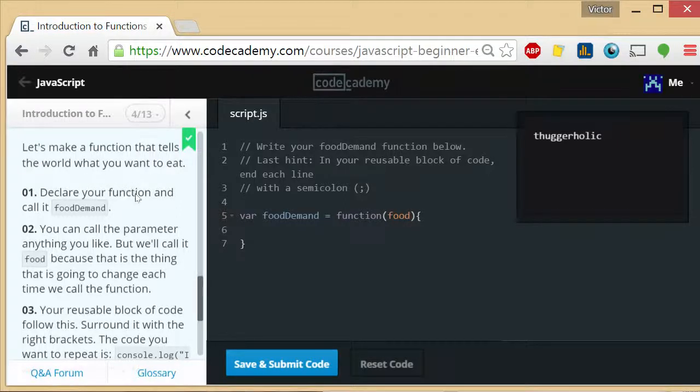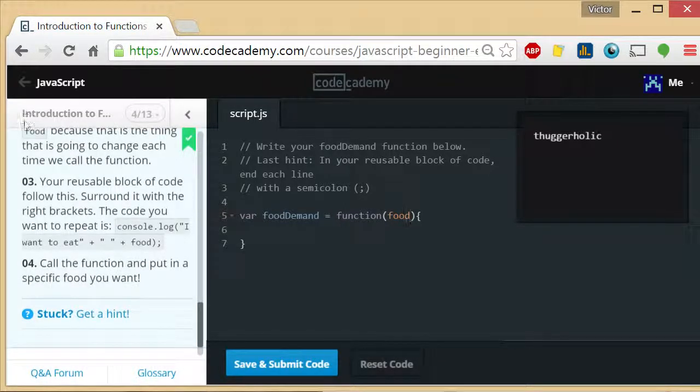And then the reusable block of code, what they mean by the reusable block of code is the stuff that's inside the function. I forgot a semicolon here, by the way. The stuff that's inside the function, for that they want us to say console.log I want to eat food. What's happening here? When we call the food demand function later on, we're going to pass